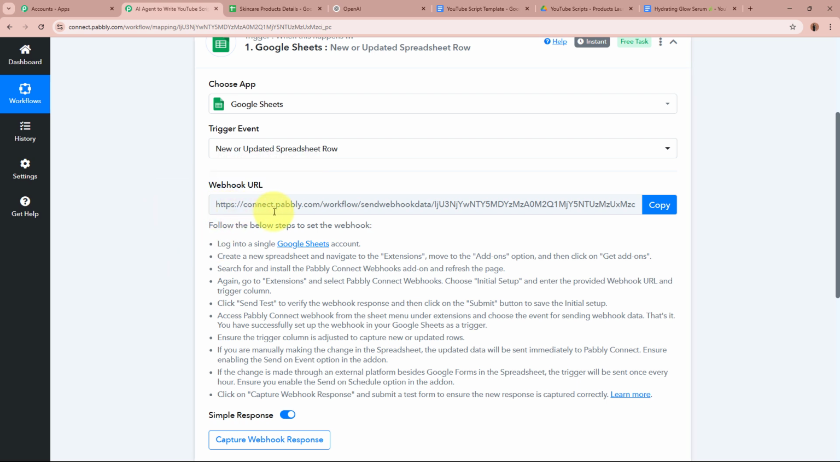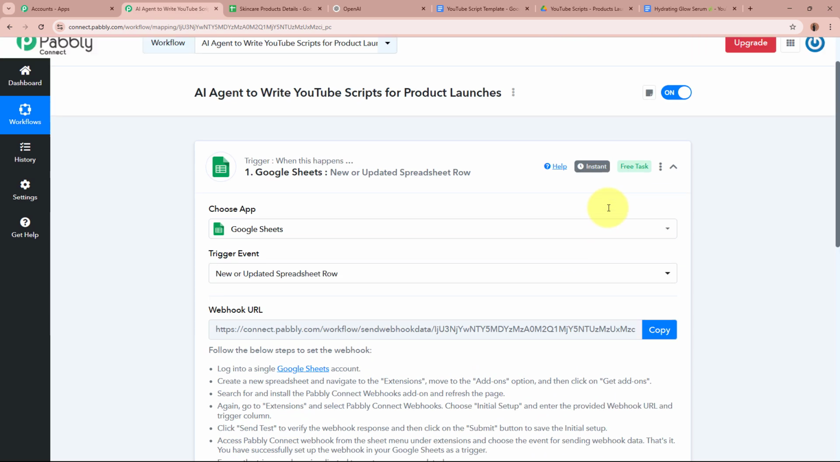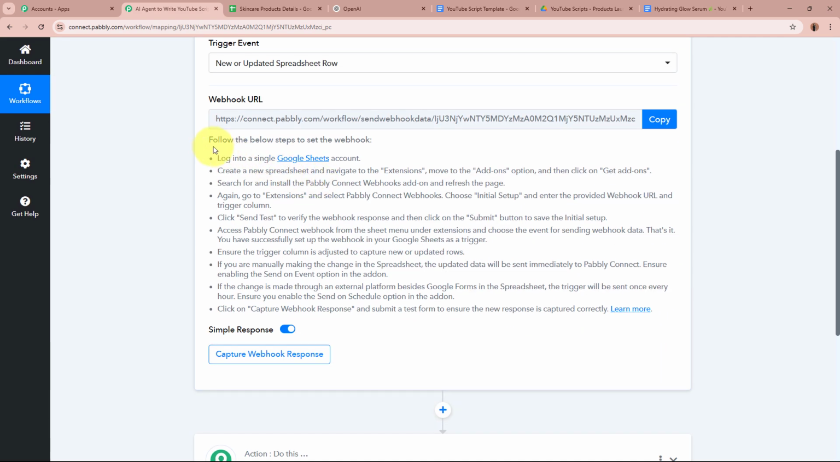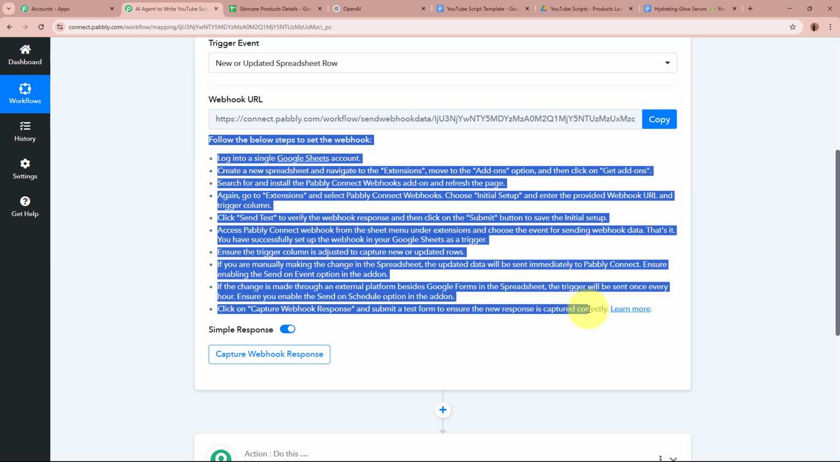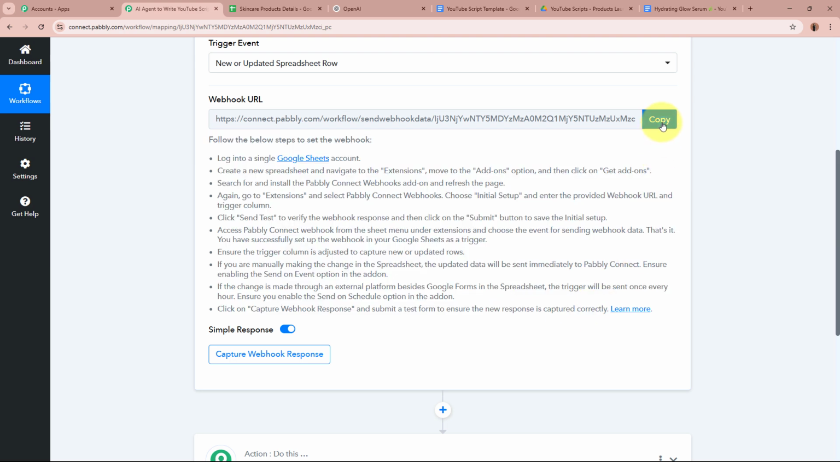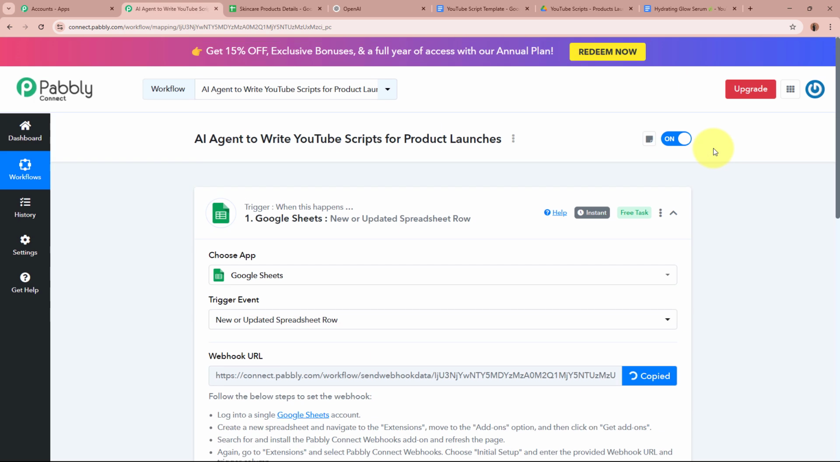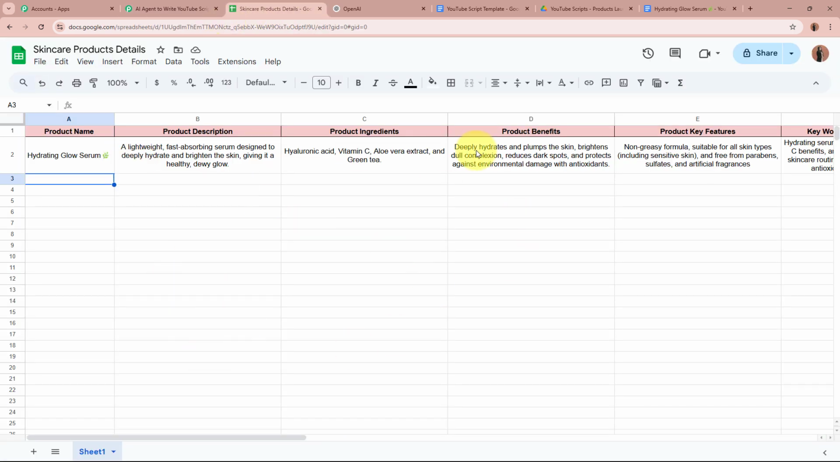URL. Now using this unique webhook URL, we are going to build a connection between Google Sheets and Pabbly Connect by following all the steps given here below in the help desk. So firstly, I'm going to copy this URL from here. After copying the URL, I'm going to log into my Google Sheets and open the spreadsheet that I want to connect to Pabbly Connect. So this is the spreadsheet that I've created in the name of skincare product details, and